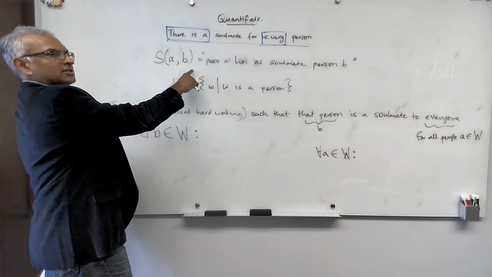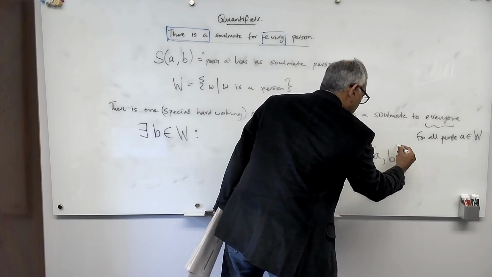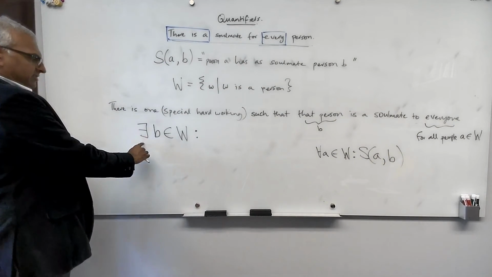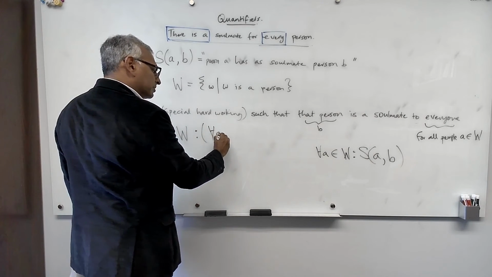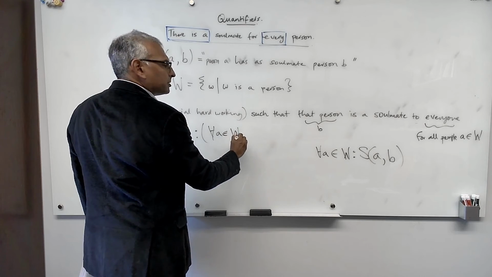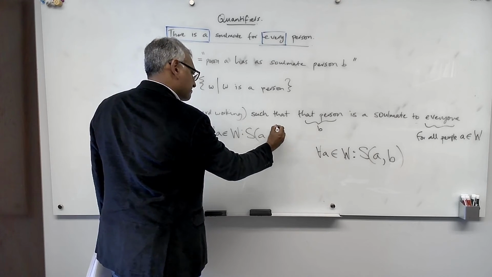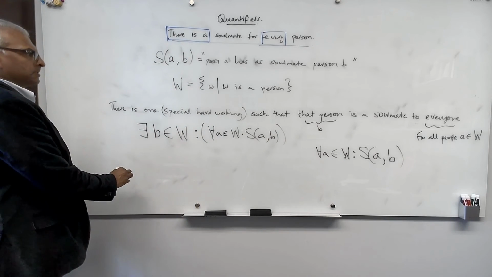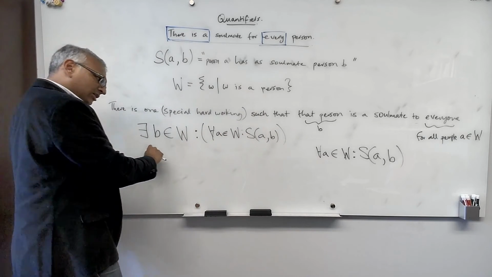But that's exactly what this predicate does. It's the case that B is a soulmate to A. So there exists this special B such that for all people A in the set of people, B is a soulmate to A. Okay, so this sentence in the first interpretation has this fairly complicated